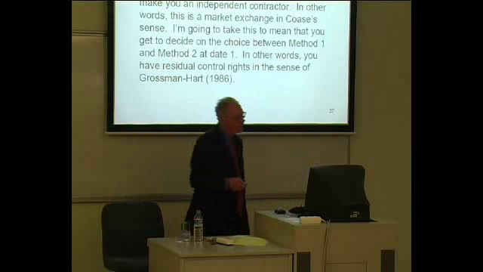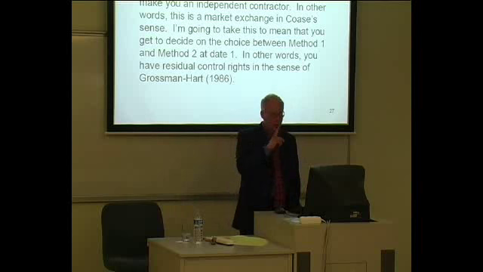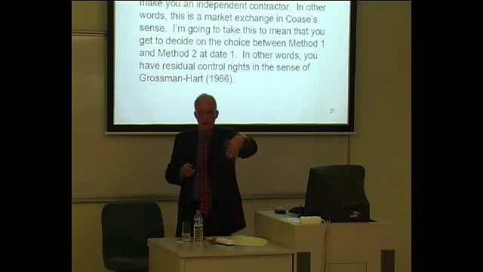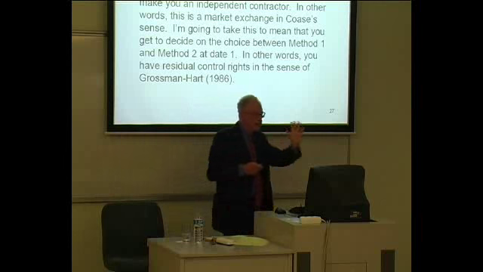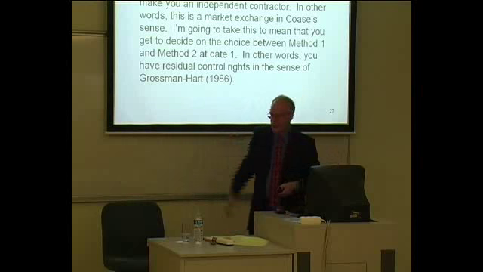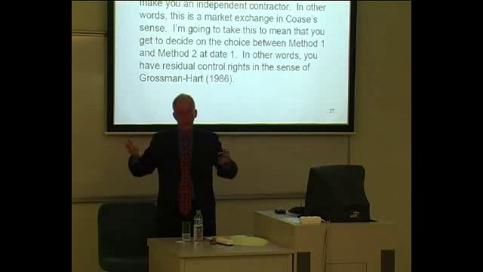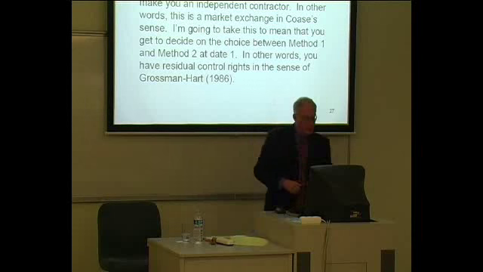But what I want to assume is that we can't describe these methods in advance. It's not that we know we'll either do it this way or that way. It's just that when the time comes, there will be a choice of 2 ways to do it. I'm just labeling them method 1 and method 2, but they don't have those labels ahead of time. And okay, what I call method 1, let's suppose, gives me a value of 20 and yields a cost of 10. Okay, these are familiar numbers. The other way of doing the musical evening would give me a lower value, 14,